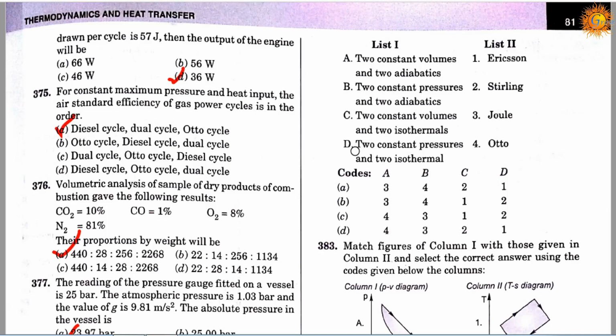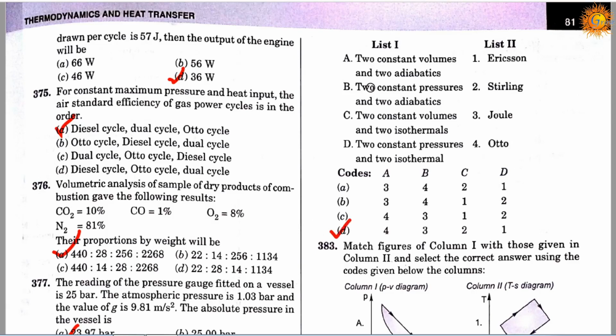In option D, 2 constant pressures and 2 isothermals. So it's all about the processes of the different cycles, and list 2 is talking about cycles. Option 1 is Ericsson, option 2 is Stirling, option 3 is Joule, and option 4 is Otto. So the correct answer is D,